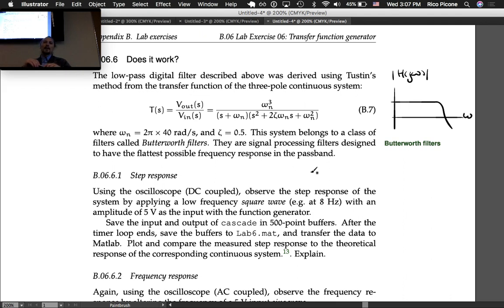So that's the type of thing that this digital filter is doing for you. It's pretty cool. You can think of it as a filter, or alternatively, you could think of it as being another type of dynamic system that you're representing here. It could represent any electronic circuit. I mean, it's already electronic, right? So this thing can represent any circuit